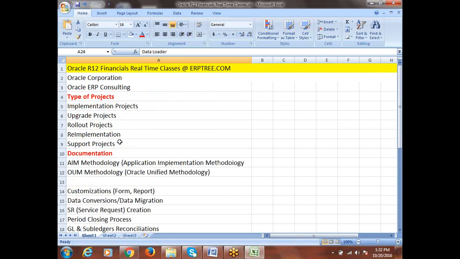We'll cover whatever you find as real time, and whatever real time people will be doing, which is possible to do from here, right? We cannot have a session where we'll interact with the client, but how to interact we'll discuss here. What base you have to interact on, what are the key points you have to consider when you are interacting, how to interact, what is the way to interact, what you should not say to the client. Everything we will be discussing. Whatever is possible from here, definitely we'll do it.